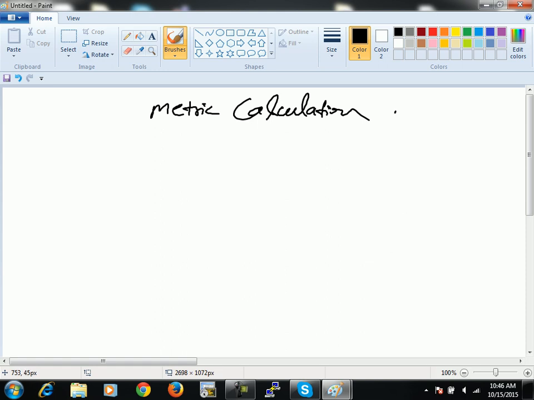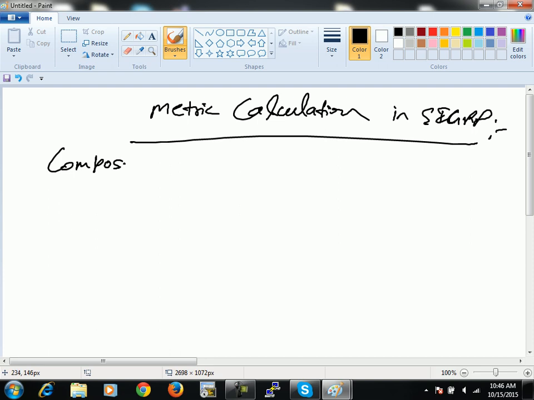So if you talk about the metric calculation in EIGRP, you know very well that we are not using a specific metric. Actually we are using a composite metric. EIGRP uses a composite metric. And do you understand the meaning of composite metric? Group of metrics. Or you can say that it will be using multiple components for metric calculations. Like you know very well that EIGRP considers bandwidth,